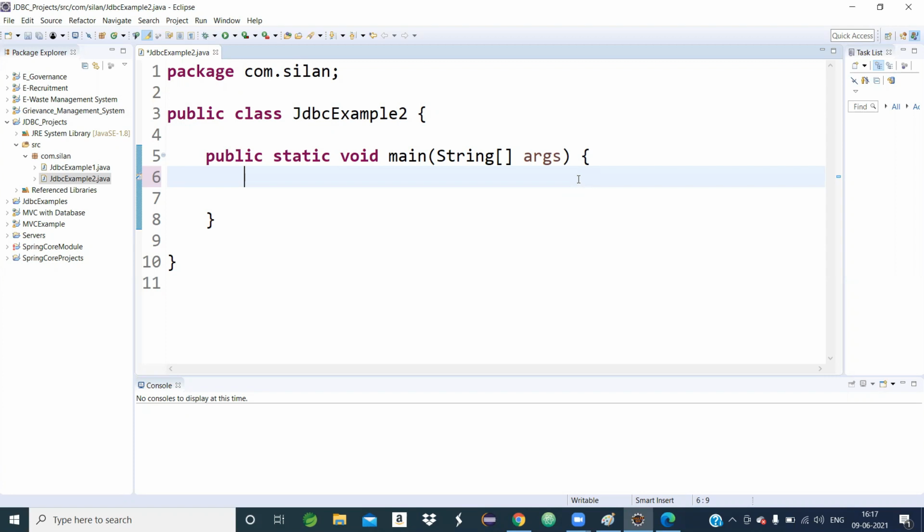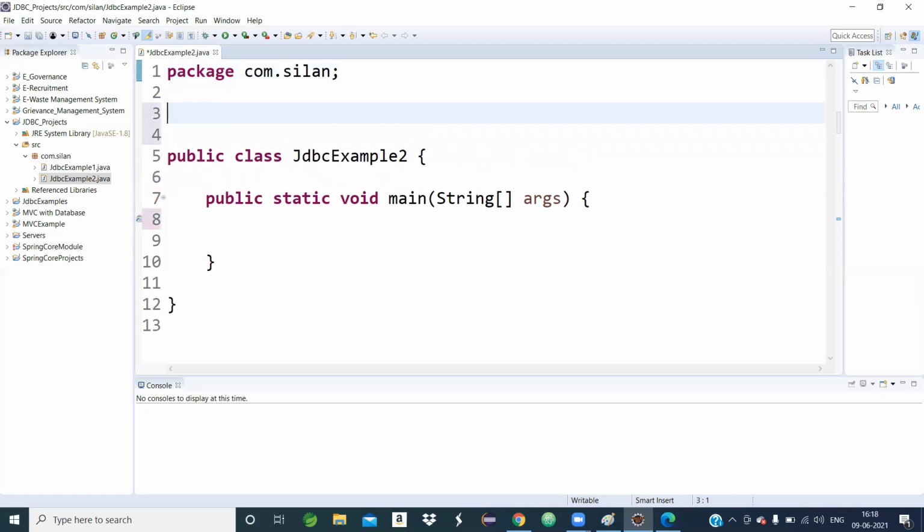That package is java.sql. So many inbuilt classes and interfaces we are using all come from the java.sql package. That's why first I will import java.sql.* package.